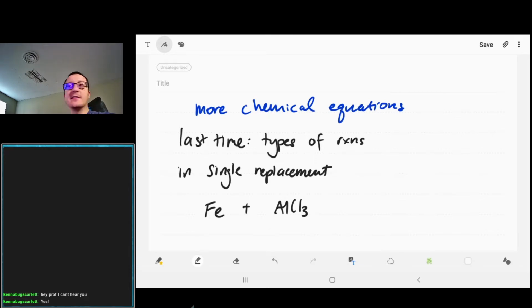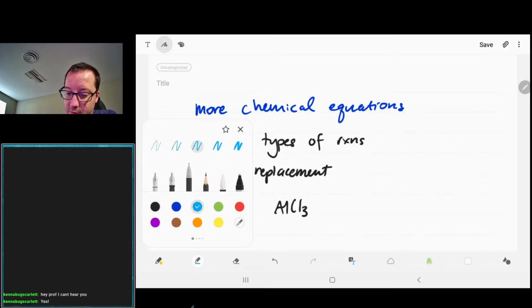Last time we talked about chemical reactions. We started our introduction. We looked at types of reactions, and we were looking at predicting the products of those, and just seeing how those reactions worked. There is one thing that I forgot to mention about single replacement reactions, and that's when you have something that has a variable charge with it. So something like iron, for example,